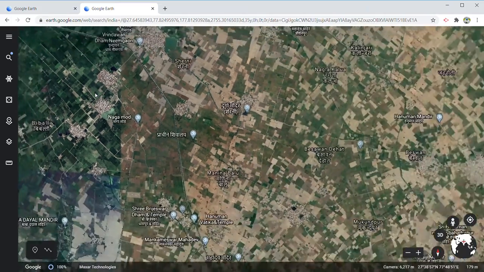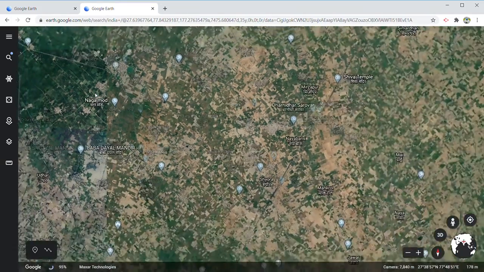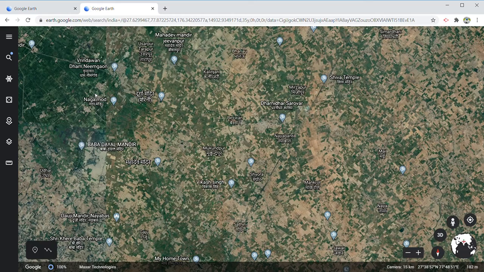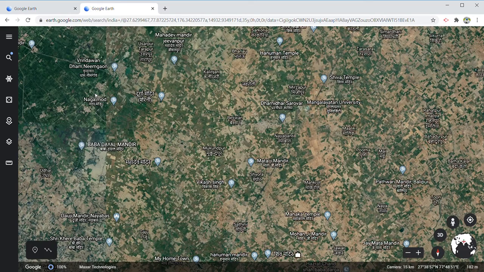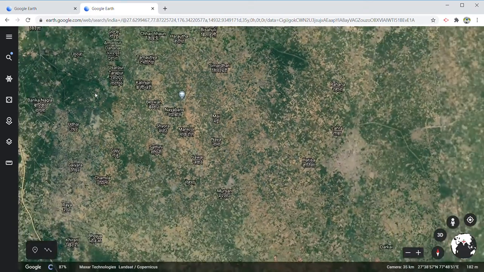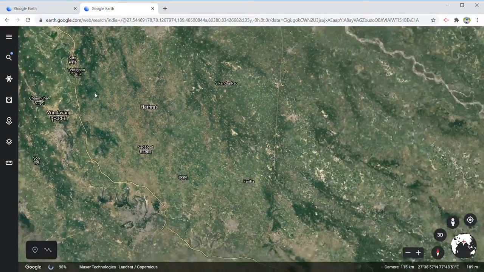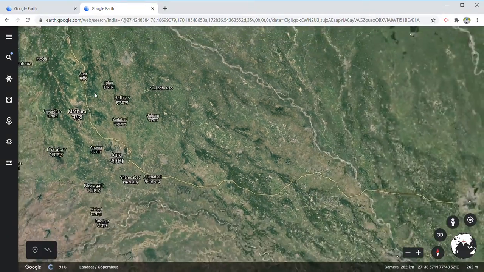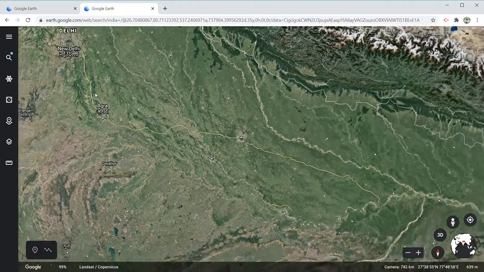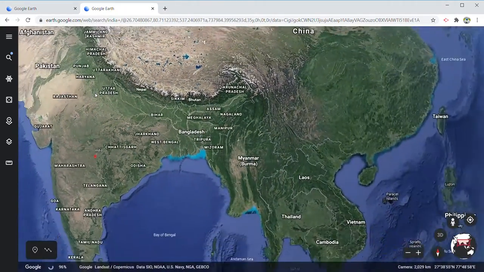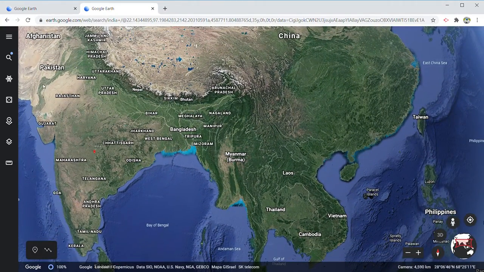Now, if I zoom out, then you can easily see how much net sown area India has. This is just one small part of Uttar Pradesh. And if we zoom out and see the whole country, now you're seeing the whole Uttar Pradesh, imagine how much net sown area India has. So overall, India has a large part of net sown area.